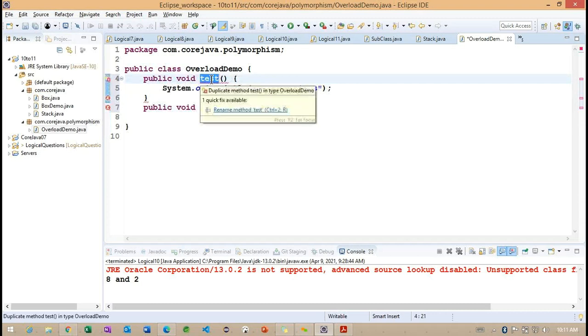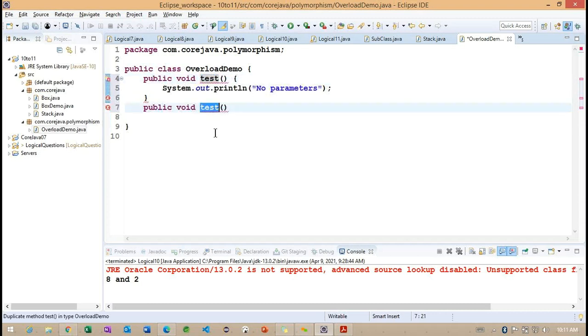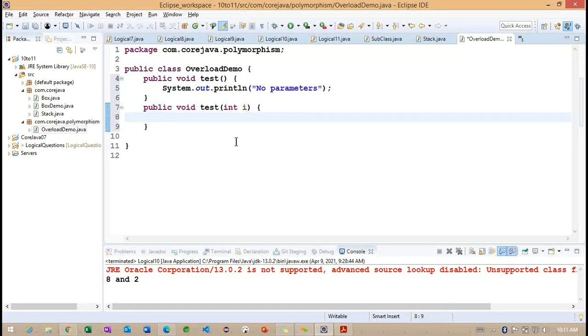How do we tell whether it is the same method or not? The name of this method is test, and in the same way I'm going to define one more method called test. Getting the point? Now the difference is that this second method is expecting one parameter, and I'm going to print this i value.